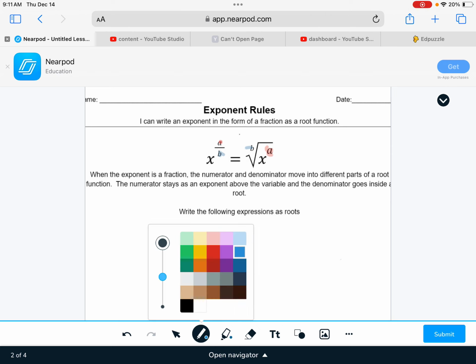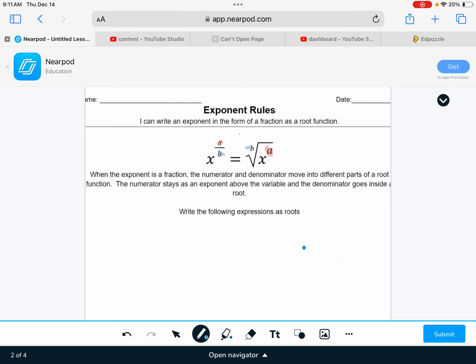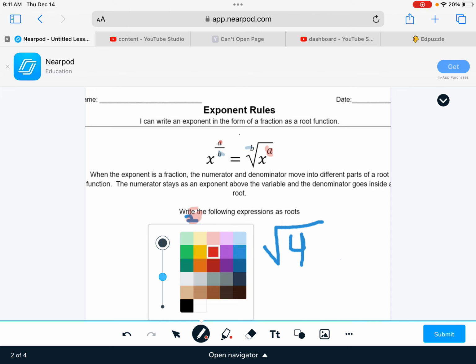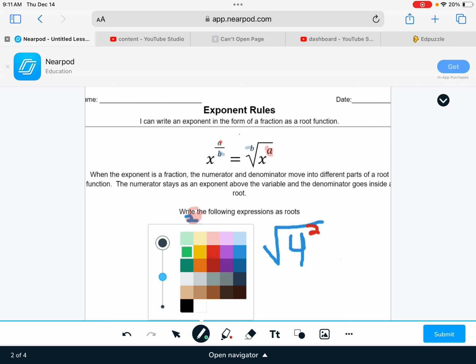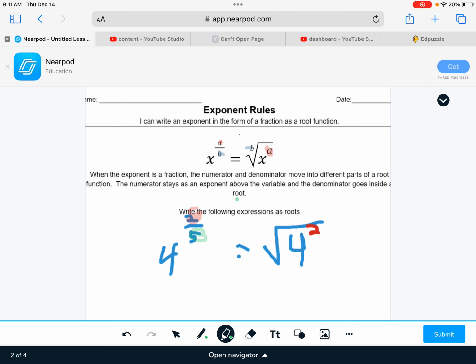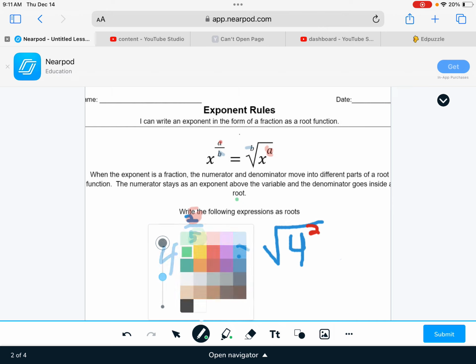In real terms, if we think about this, like if we had the number 4 raised to the 2/5, what I would be able to say with that is that it is equal to 4, and I look at the numerator and I say, okay, that's the number 2. That 2 stays above 4, trying to make it larger. I say, okay, the denominator, what's the denominator? Well, that was the 5 we talked about. That 5 goes here inside the roots,